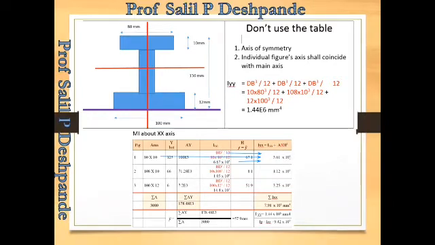So this is how you get the moment of inertia of figure number 1 about this axis, the centroidal axis. Similarly, you can calculate for figure number 2 and figure number 3, and add them. If you add all these three, you will get the answer of Ixx. Now Iyy we have already calculated. So if you want to calculate IP or Izz, as we saw last time, you can add these two, and accordingly you can get the answer of IP.